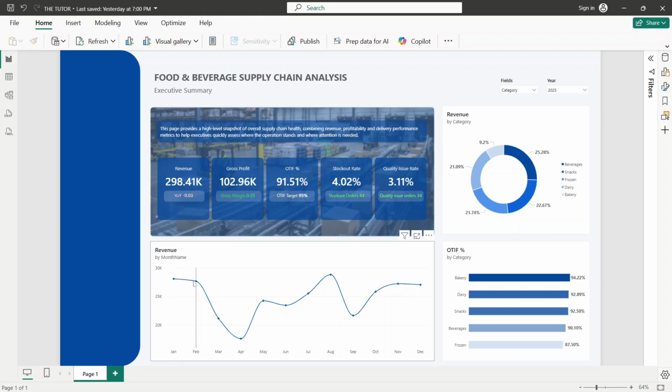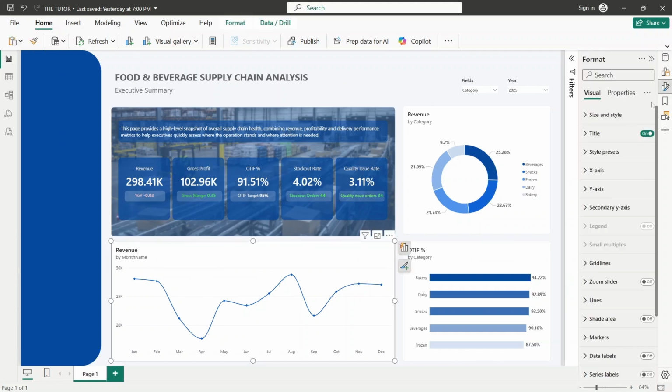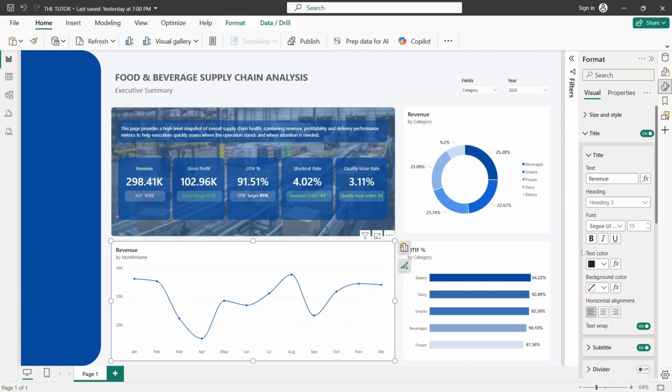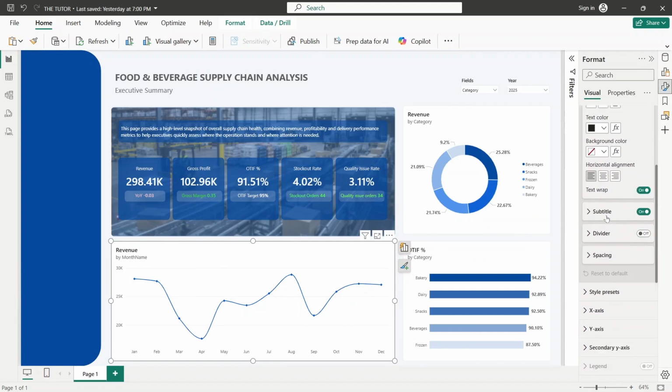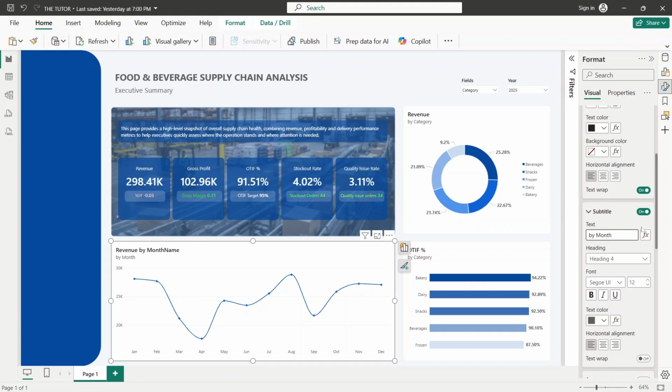So for revenue by month name, we have the title, which is already clearly stated for us. If you want to change the title, you come to title and change the revenue. Then by month name, come to subtitle, because that's where that by month name is. Delete the name there and leave it as revenue by month. It's easier that way. Or if you want to put a write-up of what this particular chart is about, you can say something like it tracks how revenue has moved month by month